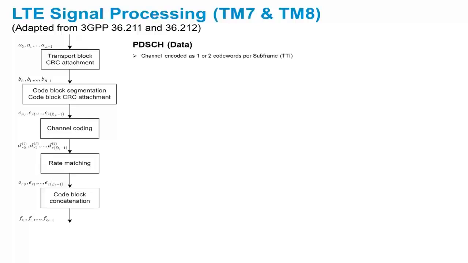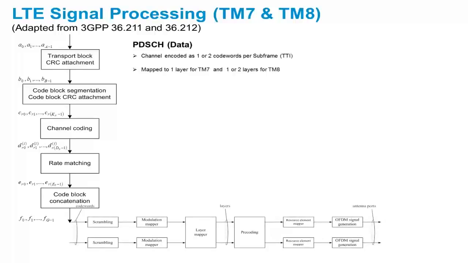As with other transmission modes, the PDSCH data transport block information is channel encoded and rate matching applied, producing either one or two code words which are then mapped onto layers. But note that for transmission modes 7 and 8, the pre-coding block is non-codebook based, and so it is left up to the base station to determine the optimum beamforming precoding to apply. This is based on UE feedback and can also be derived from direct measurement of the uplink sounding reference signal. Also note that beamforming precoding can be dynamic and vary on a per subframe and resource block basis to adapt